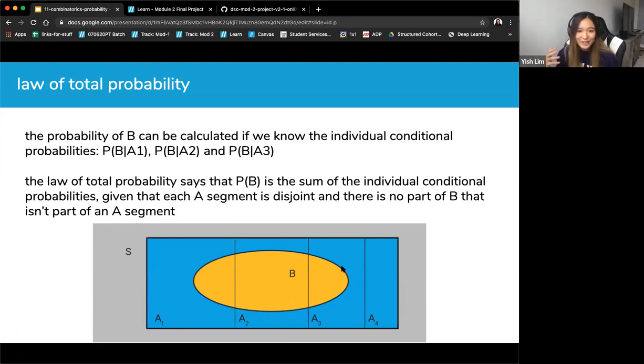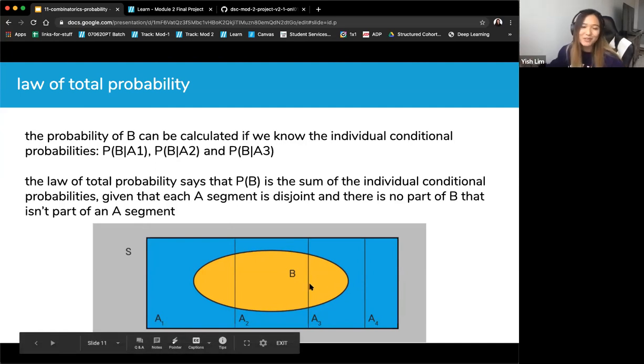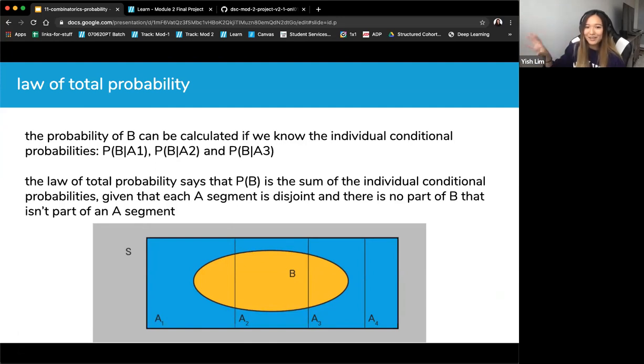If you just add them together and do a little bit of division again, there's a formula that's on the labs, but basically it's saying that if you know the proportion of the A's that is B, you can find the probability of B overall. This is not important at all right now. I just put this here because it's part of section 11, but I will come back to this for sure